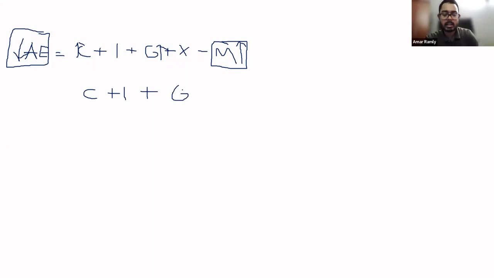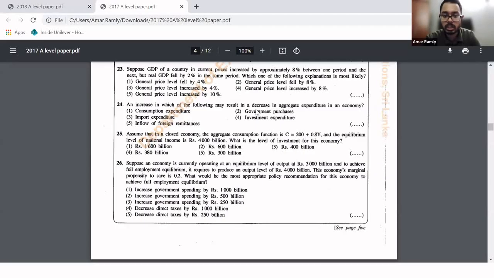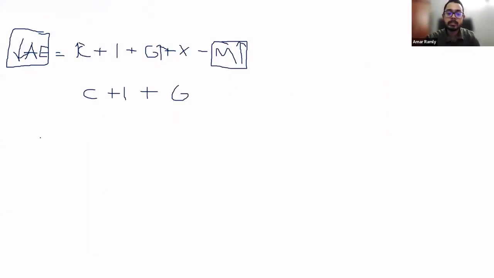In this case, I don't think they're even asking us to do anything with G. They've given us consumption as a function and they're asking for investment. They've also said the equilibrium level of national income is rupees 4,000 billion. At equilibrium, aggregate output and aggregate expenditure equal one another. So I'm going to drop G for the time being, because they haven't mentioned it. So 4,000 will equal